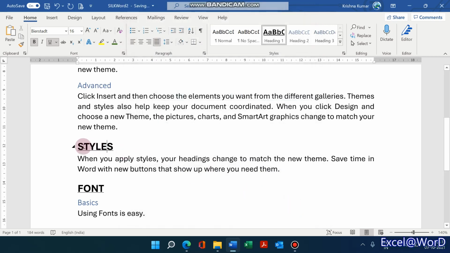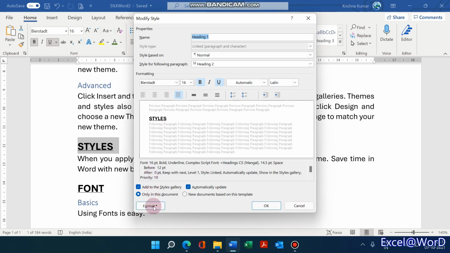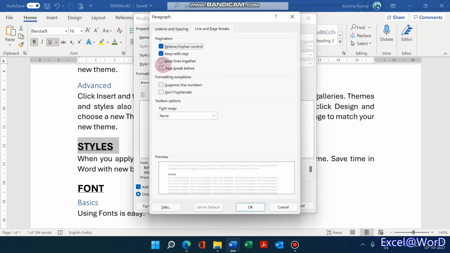The main feature here is to notice that, well, okay, fine. So what is so great about having the same font everywhere? Let me modify this. Let us have the paragraph option and do a page break before the main topic.